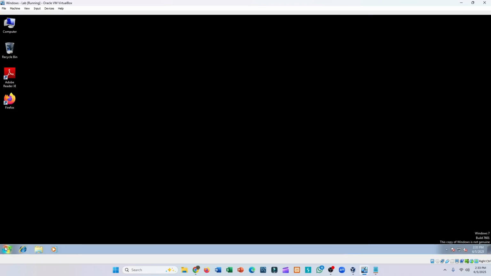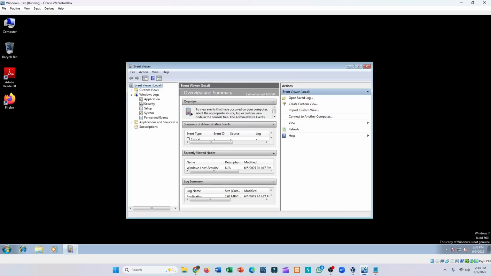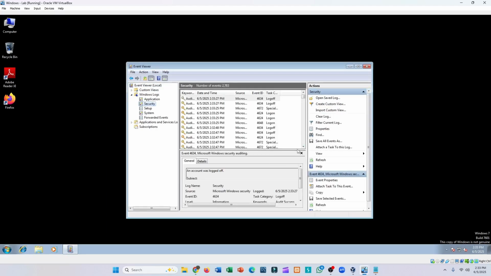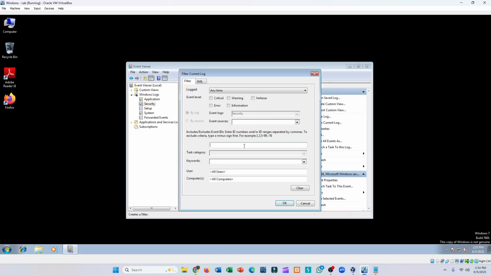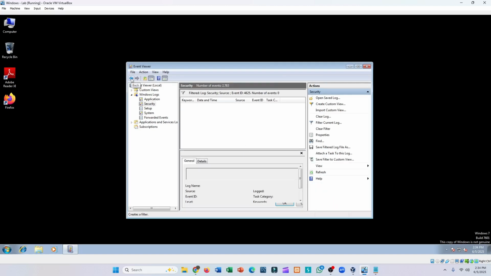Normally what we do is we go to Event Viewer. You go to Windows Logs, Security, and you will see logs like 4634, 4624, 4625. 4624 means that an account was successfully logged on. If we filter our current log for 4625, which means a failed logon attempt, we will see nothing here, because it hasn't failed and we have successfully brute forced. But